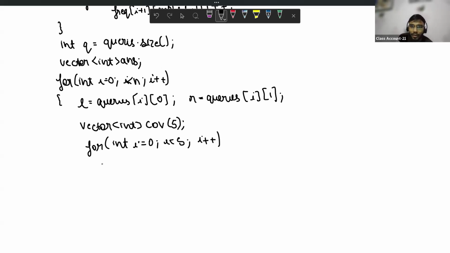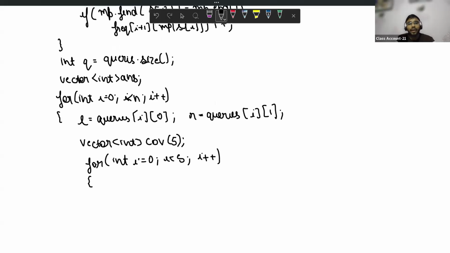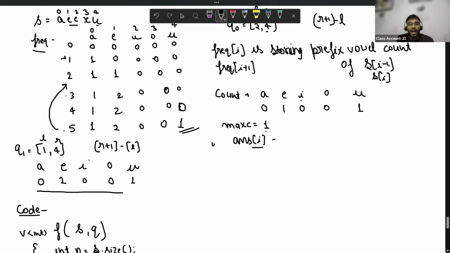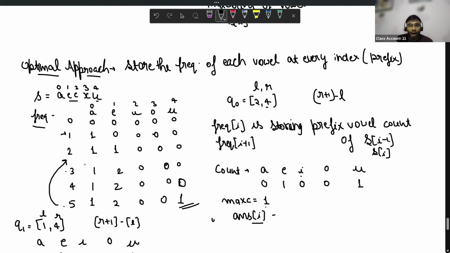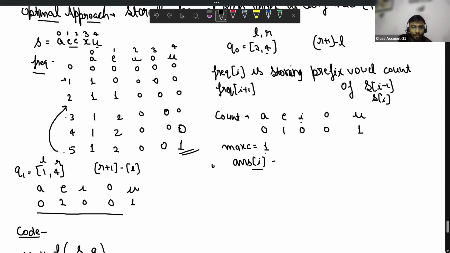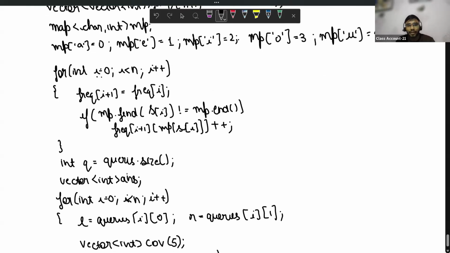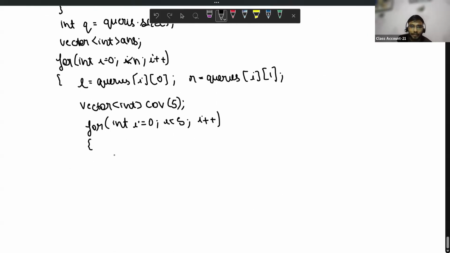i plus plus. See, using the dry run, I have shown you that if I subtract the L index from the r plus 1th index of the frequency array, I can easily find the count of every vowel. Repeat the same thing. This loop will be executed with j, because i has been covered here.